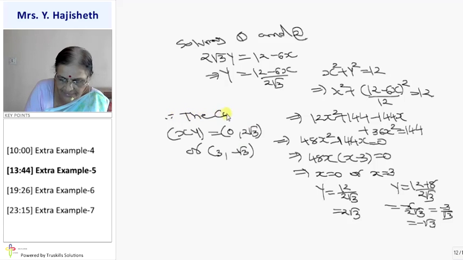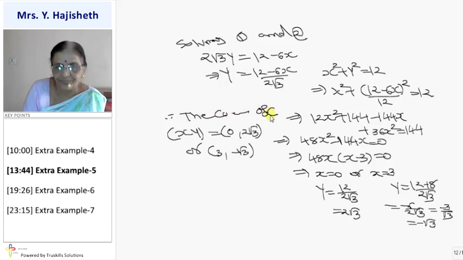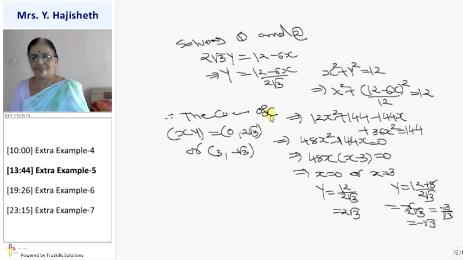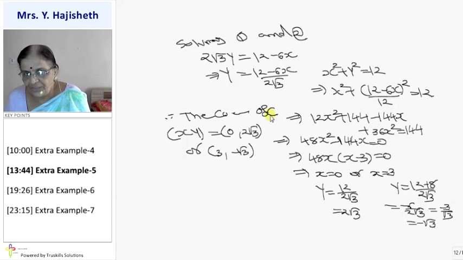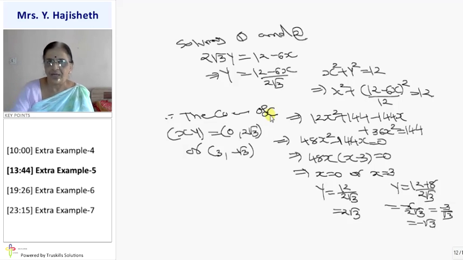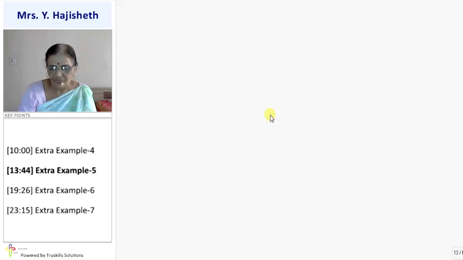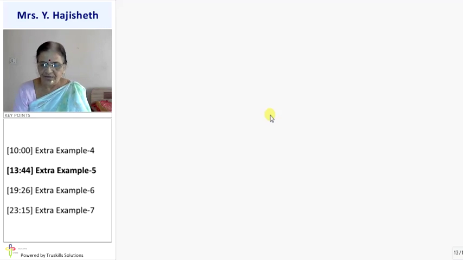The coordinates of C are either 0, 2√3 or 3, minus √3. Are you clear? Solving 1 and 2 we got x की दो वैल्यू, x की करस्पॉन्डिंग दो वैल्यू के सामने we get y की भी दो वैल्यू. Clear? That completes your